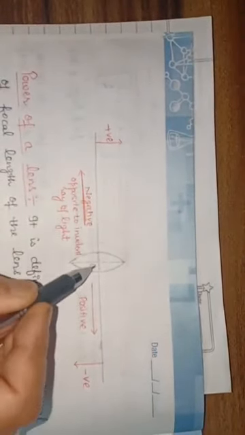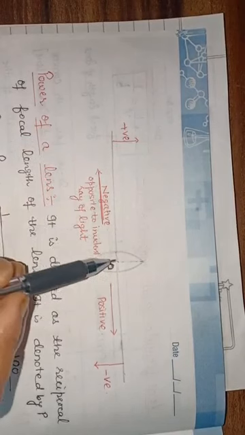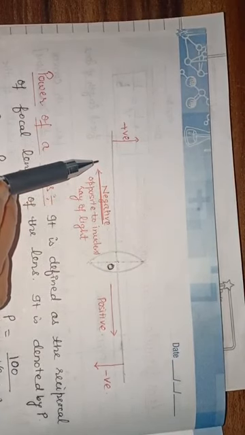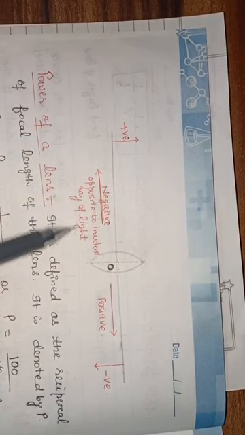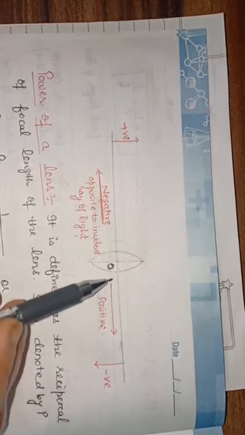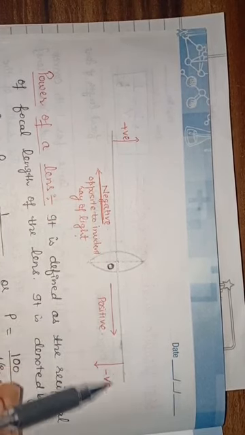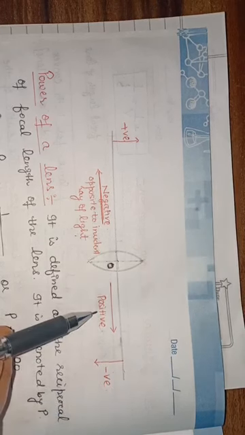So here is the figure. We can well understand from this figure that this is the lens. O is the optical center of the lens. All the distances are measured from this optical center. This is the right side and this is the left side. As we know, all the distances towards the left side are opposite to the incident ray of light, so they are considered as negative, and all the distances which are on the right side, or in the direction of incident ray of light, are taken as positive.